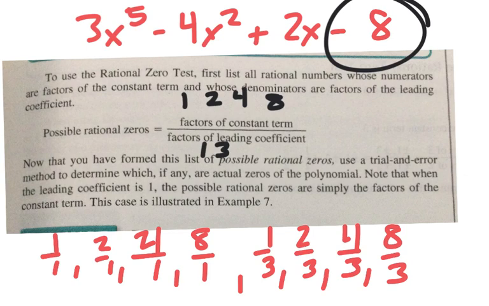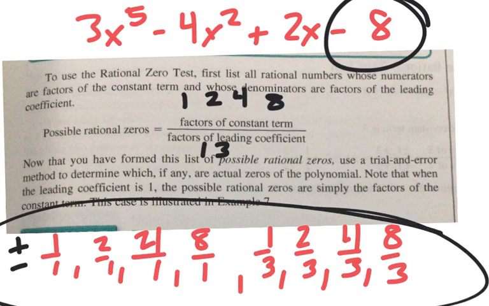Now the other thing we have to remember is that these can all be plus or minus. So we've got 16 different things to try in our box. Which one do you want to try first? Probably not the fractions, right? I would probably choose these whole numbers because they're a little bit easier to work with. But we don't know what will work, but here's a list of things to try. It's better than just trying completely blind, not having any idea what to pick. So now we're narrowing